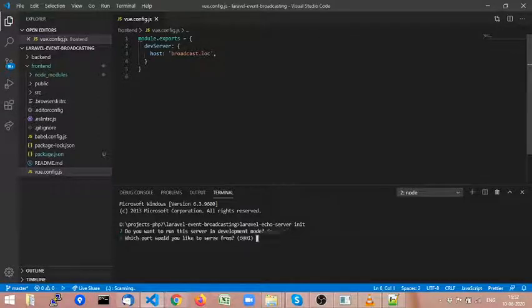Yes. The port, I'm fine with 6001. If you have something running on this port, you can select another port. Presence channel: though we are not going to use presence channel, for the future we are going to use Redis. So let's select Redis.